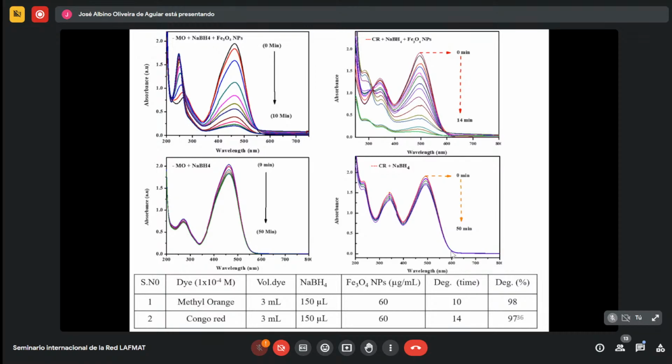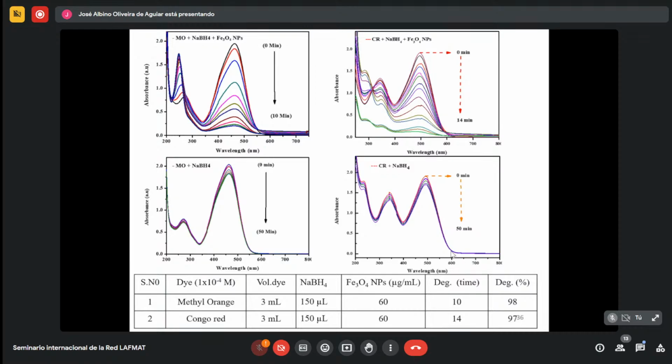Then Congo red, we also checked in a similar way. So this is also by absorbance value. It gradually decreases, which means within 40 minutes it is degraded. How much quantity are we taking for the dye molecule, and how much is added of the catalyst and sodium borohydride? For methylene blue, we are taking 3 ml of the dye and